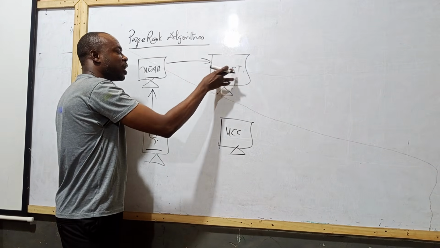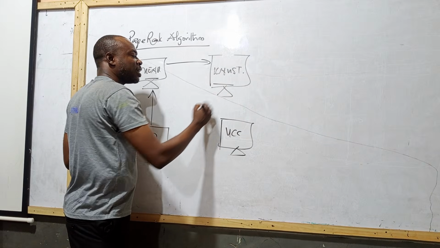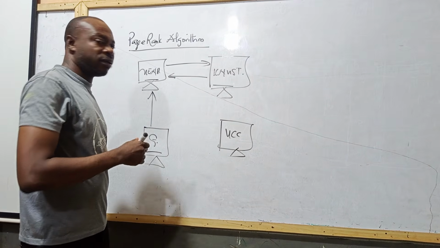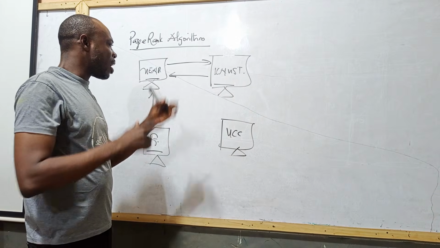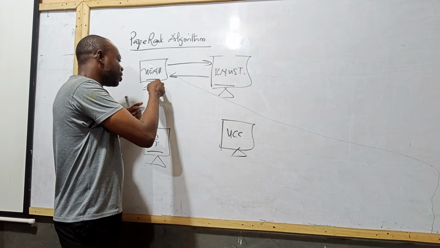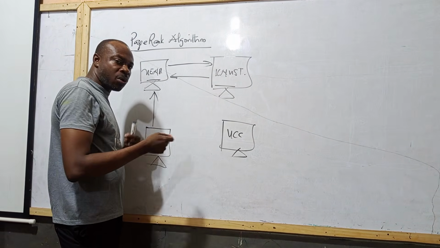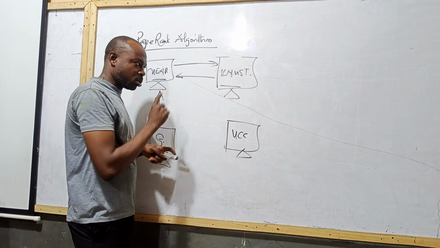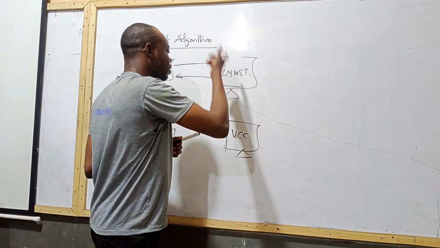Those who are on KNUST too, they can also be provided with a link. When you click on it, it takes you back to UNE. So this thing can be happening between them. But remember, UNE did not have a mutual relationship with me like it is happening with KNUST. This is where the trick is. Then when we come to